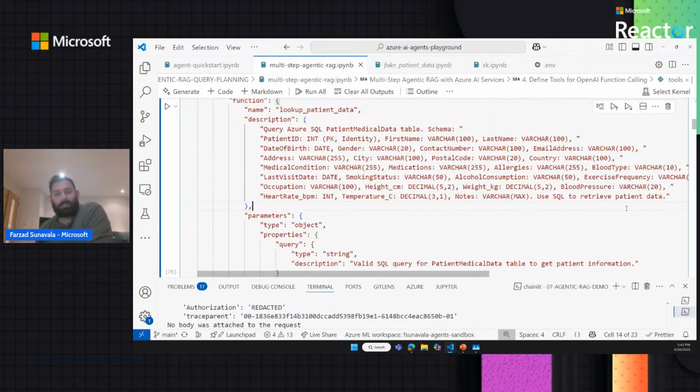Now, this is a really good scenario for maybe a single SQL database, but imagine a world where you're a large enterprise and you have thousands of different tables or views. Should I create 1,000 different tools? Probably not. It's probably overkill and no one wants to do all that. So one potential optimization lever, because I've had multiple people ask this already, is if you do have more than one SQL table, you could actually get crafty where you build a router to your SQL. And that router could actually be something like an Azure AI Search index,